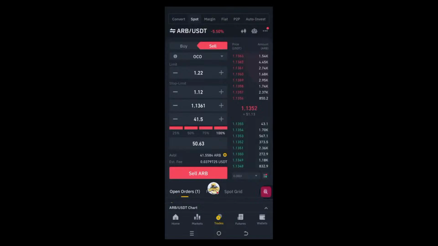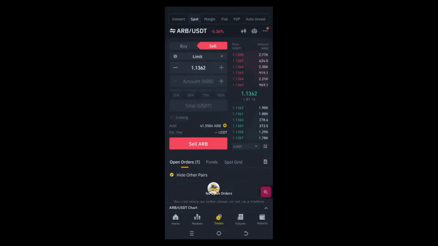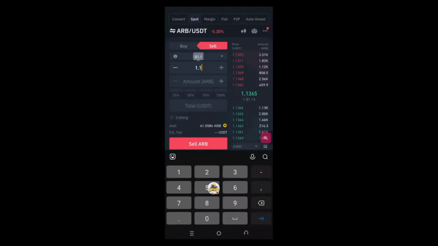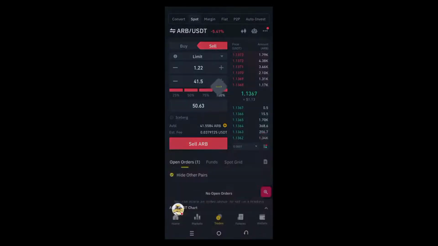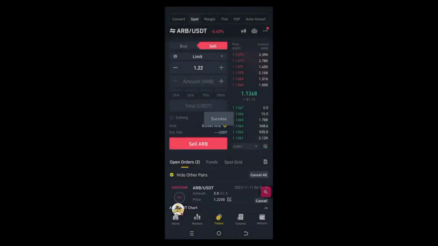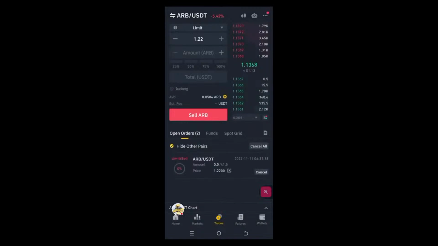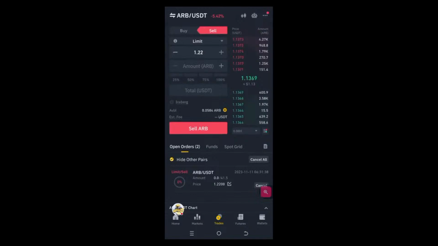That's the reason why I personally will not choose OCO, because I want to get the money, okay? I want the price to get to 1.22 and I get my profit out. Now, that's just the difference, right? Let me go to limit, because this is my absolute best, right? So for limit, I'm going to set the price I want, okay? So I've said I want it as 1.22 for now, because I want to just get some minimal profit and I'll be out. Pick up the 100%, be okay with my 63 cents, and I go up. That's like 1.3%. Okay. And now if this takes me 1 day to get there, my money is still safe. It's not going to cancel. If it takes me 2 days to get there, my money is still there. It's not going to cancel. So for me, I hope I've been able to convince you and